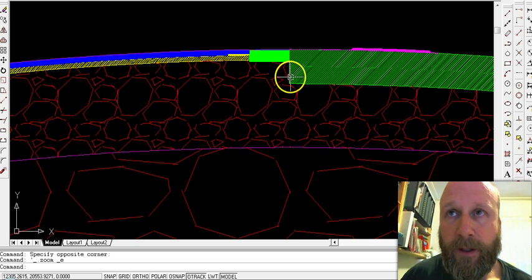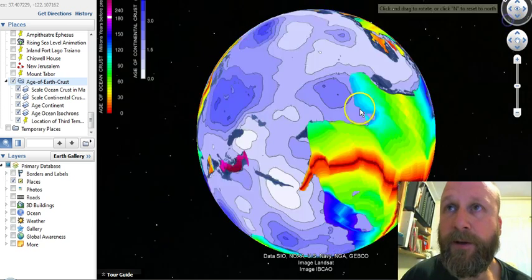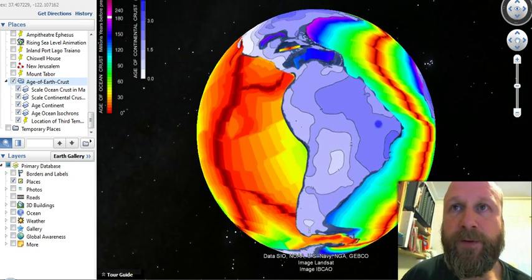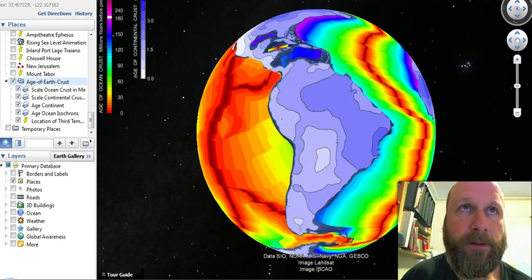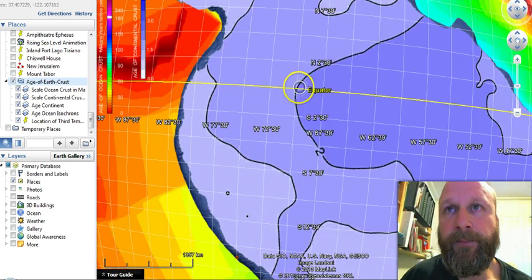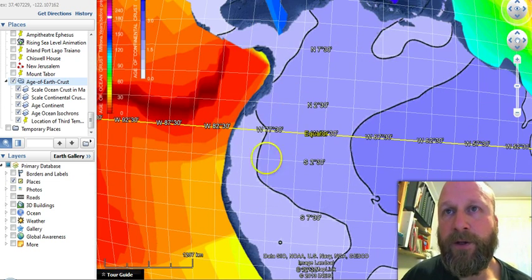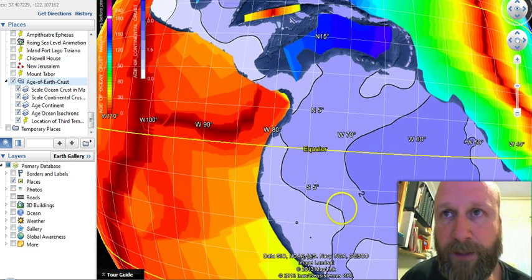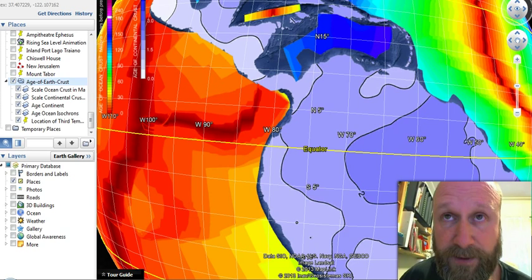So just exploring further what area we're looking at. We'll just zero that. If we go to South America, this is the area that I'm looking at. Just turn on the equator grid. So we've got the equator going through here. We've got continental crust being shown in billions of years, and oceanic crust being shown in millions of years.